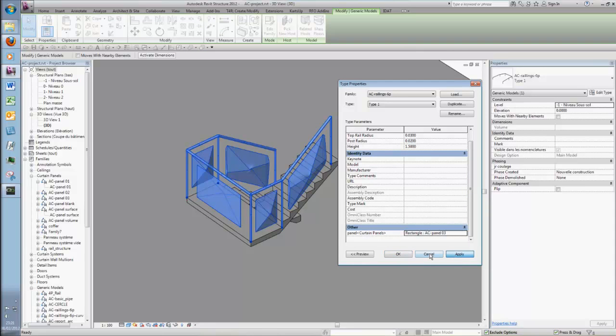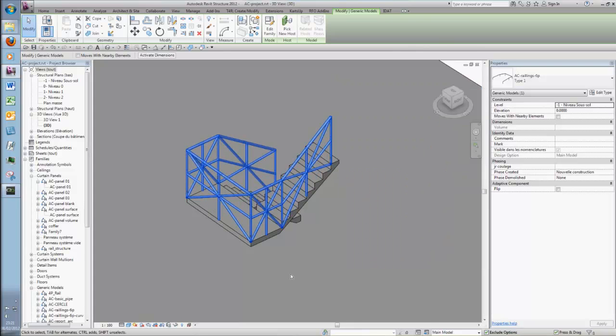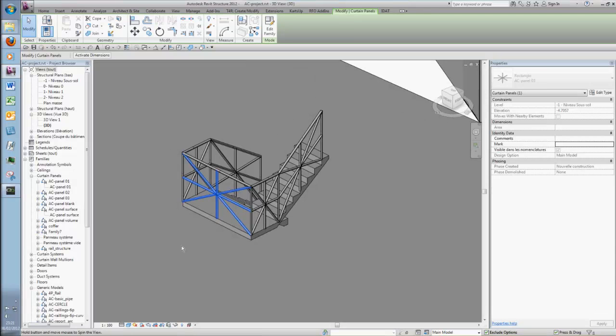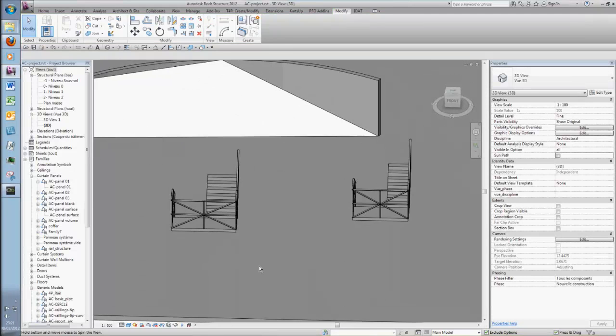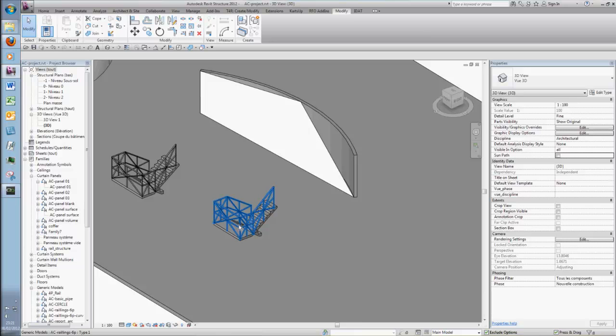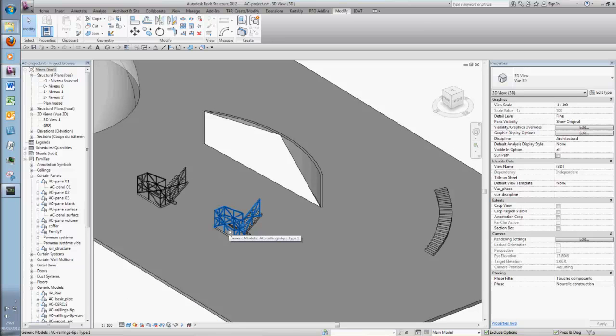This one is, okay, it's another one. I just changed the panel. If you can see here, it's an adaptive curtain panel. What I show you now, just